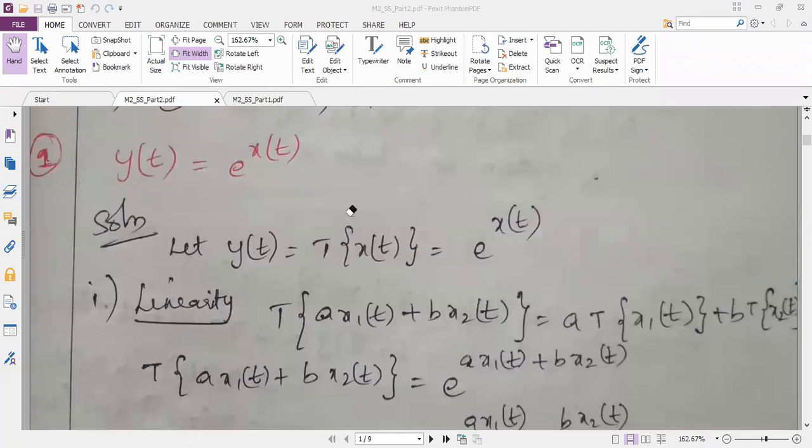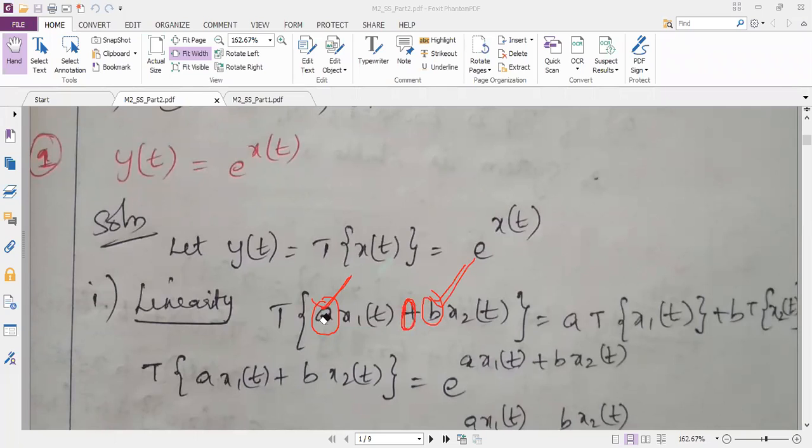Now I am going to the linearity property. So give the title linearity. As per linearity, I have to obey the scaling as well as the superposition. You know the scaling here, it is a and b. In the prescribed book, they have used a1, a2 like that. But there is no problem. We can use a, b, c, d like that also. So the scaling is homogeneity. For homogeneity, they have used the variables a, b. And for superposition, you can see the plus symbol here.